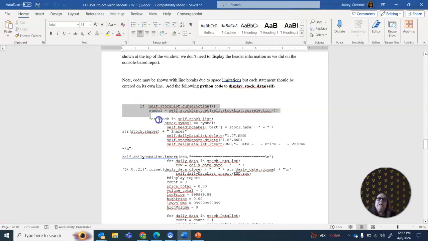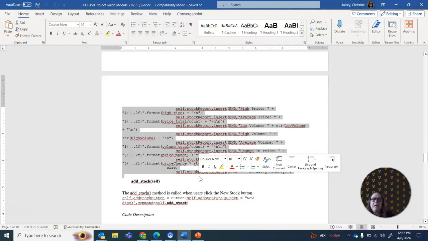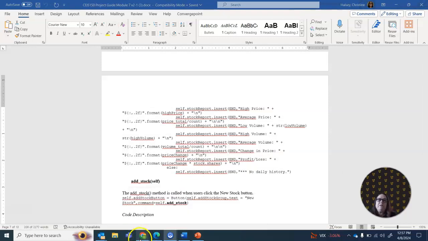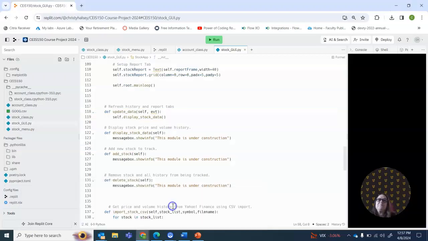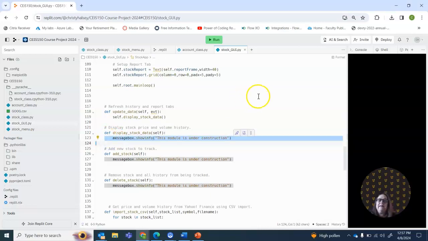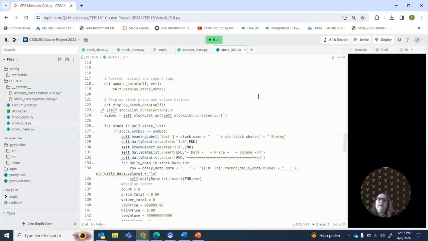So I'll make sure I get to the beginning of the line, the very first line, and come down, and we're going to copy to the end of the last line. Control C to copy, and then I'm coming back to my repl and placing this under the display data. Yes, this one here, display stock data. And because of the way I copied it, I want to get to the beginning of the line and then paste. And if I do it that way,